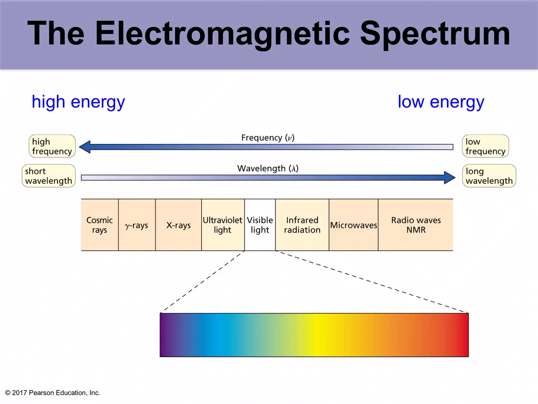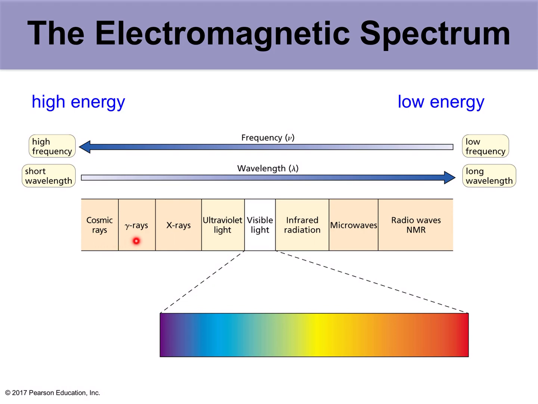Hi everyone, in this section we can talk about infrared spectroscopy. And all of you guys are familiar with this one. This is our electromagnetic spectrum. If you look at your electromagnetic spectrum, this end is the high frequency, and on this end you can see low frequency. Towards this end you have short wavelength, and towards this end you have long wavelength. So the high frequency are the more energetic ones,